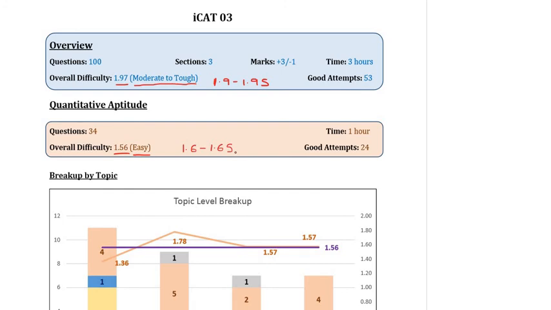Now, when we go to the quant section of the actual CAT, quant is quite predictable because the overall breakup of easy, moderate and tough questions is more or less constant over the last 3 years. Now, that does not mean that it will always stay like that, but so far this has been the trend. The trend that we have observed is that there are anywhere between 15 to 17 easy questions, 3 to 5 tough questions, and the remaining questions fall in the gray area, which can be called moderate.